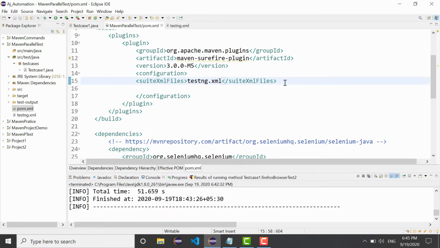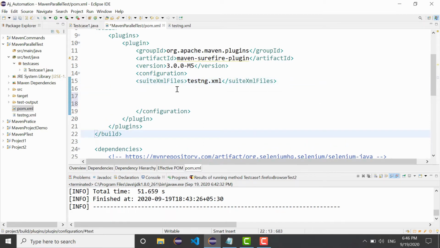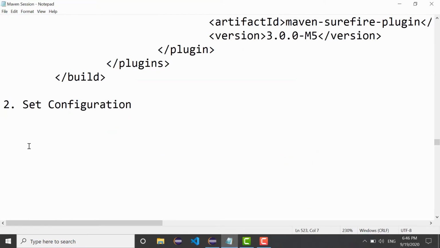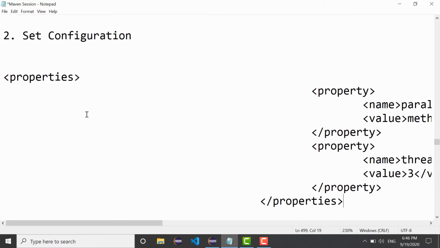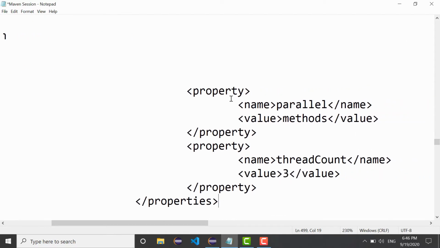Another thing you need to do is add some properties. Let me paste it here first of all. You need to add this in your pom.xml properties. The first property is parallel mode, and the value will be methods.